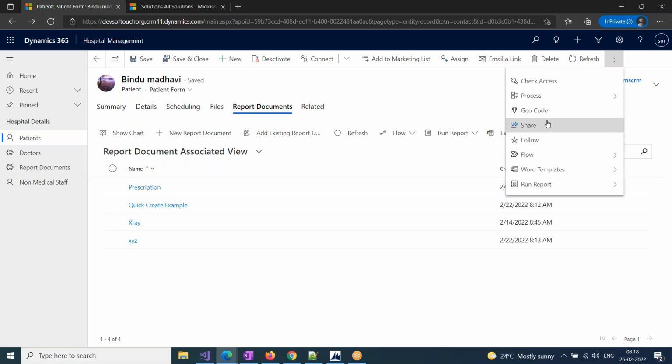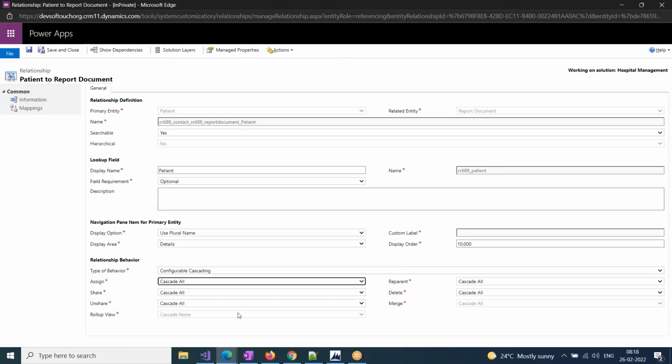Unshare is something where you can just remove the permissions. Delete, we have already seen deleting the record. Roll up view is something we do not have control over. By default it is cascade none, so forget about that. Reparenting is something called, okay, so